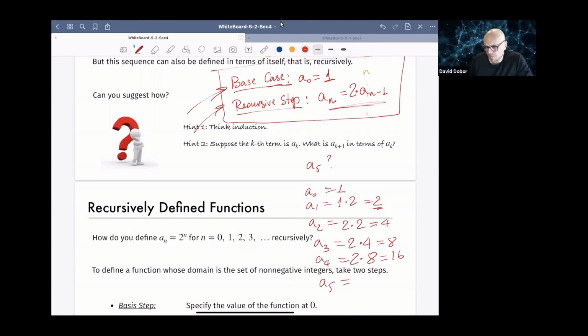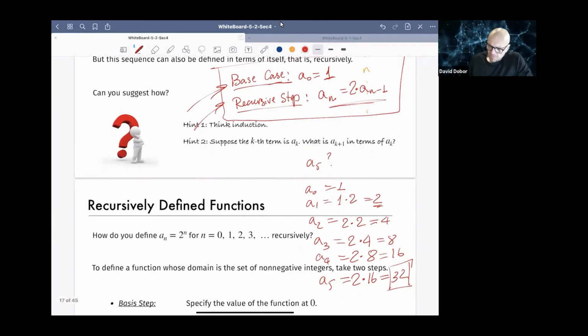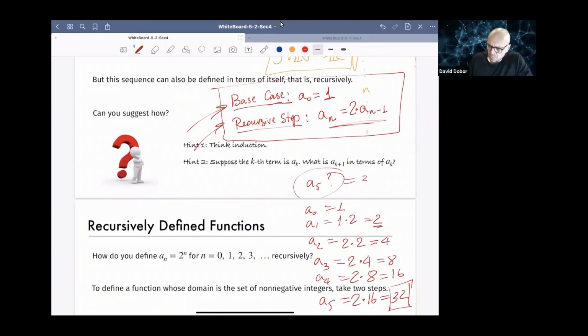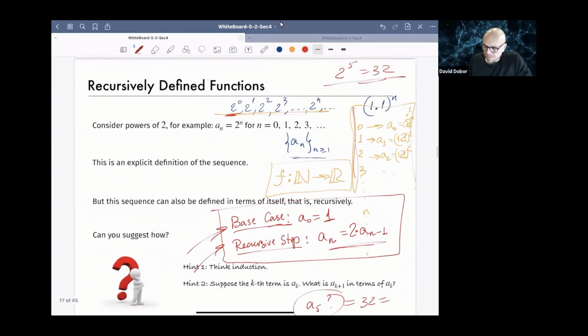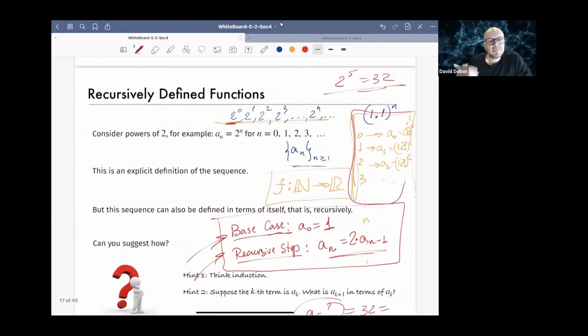A fifth, well, I don't know what it is, but it's 2 times 16, and that works out to 32. And now I'll give you the answer. I'll return the answer. I'll say it's 32. And you'll go, oh, okay, that's exactly what I thought. You say a fifth, I knew it was 32. Because according to my definition here, I just plugged in the n, and it gave me 32. So either way you want to define it, you still define the same object, whether recursively or the way you